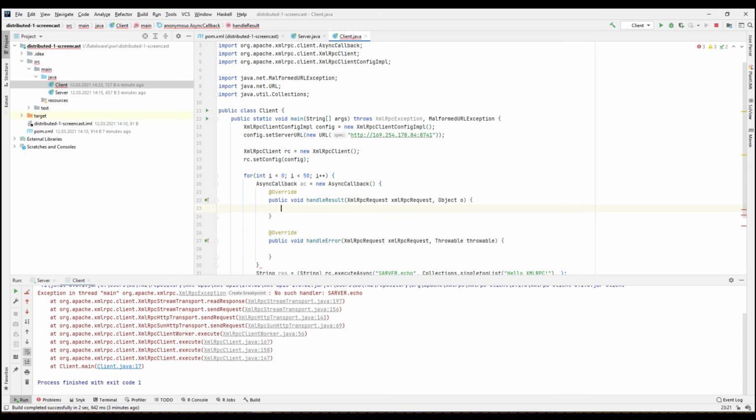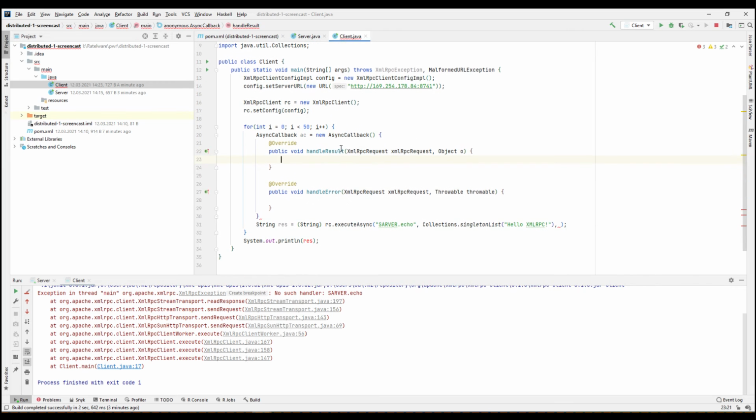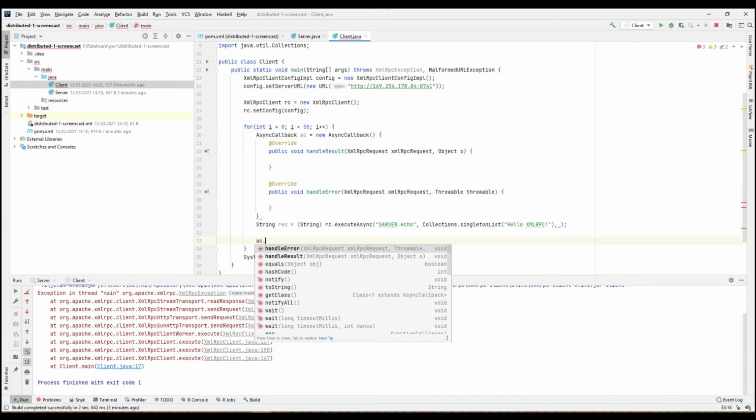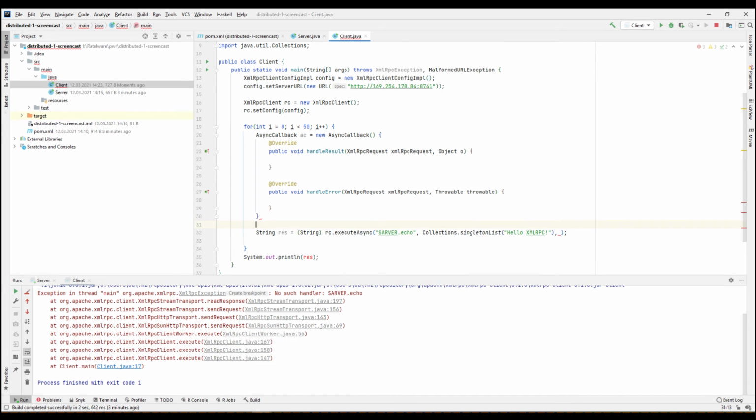You need to call something when it's done. Our async callback has handle result and handle error, but it does not have any wait for function. So we don't know if it's ready or not, or should we wait, or is it done, or what happens. If you wanted to implement that in a real life scenario, and you might want to, because why not,